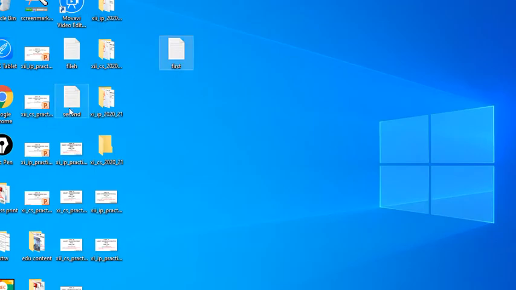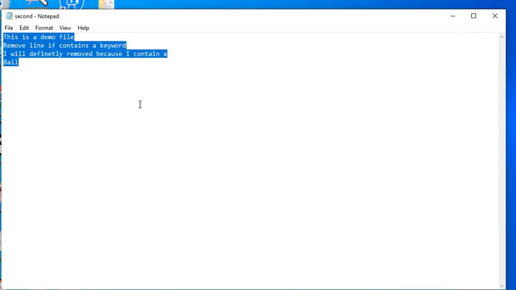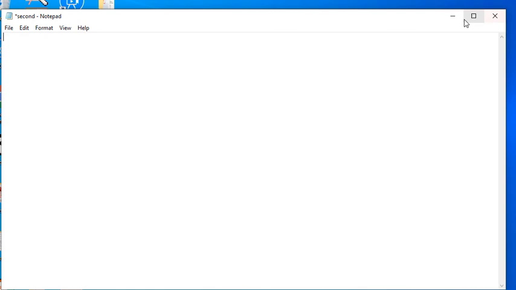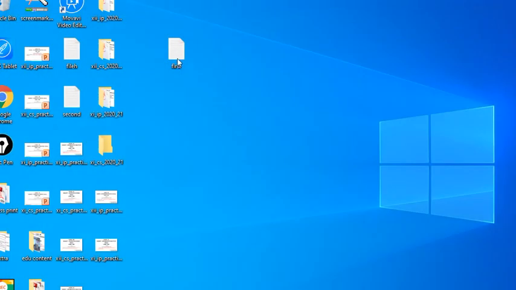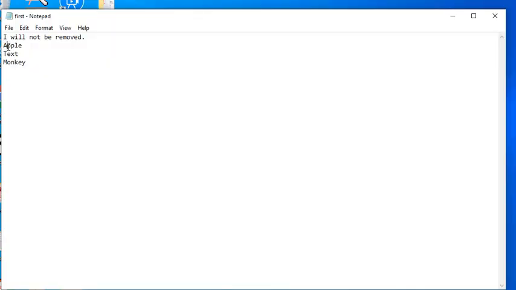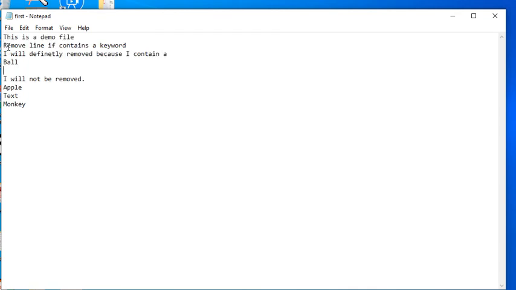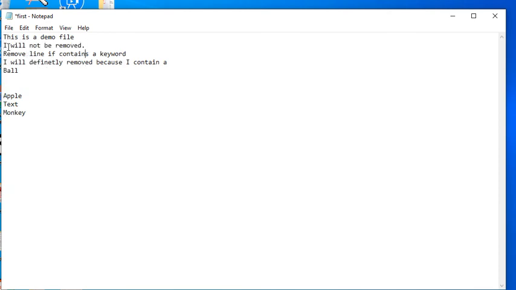So let me change it again, copy all those lines again and clear this file so that we can see it again. Let's insert all that data here. Now this first.txt has both capital A and small a.